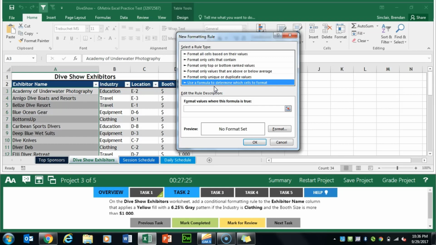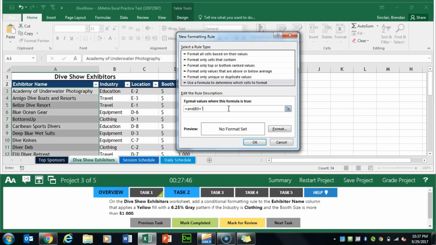Now, this step is a little bit difficult because we're actually going to hand key an AND statement with some text. So there are some things you could miss if you were not paying attention on this step. We'll go ahead and do the equal sign. We'll type in AND. We'll go ahead and open our argument by starting a parenthesis, and we'll do B3